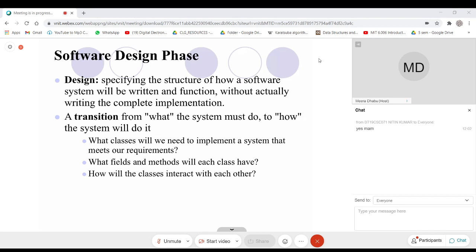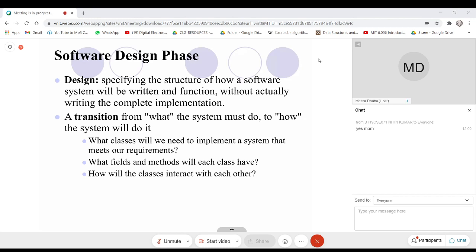What the system will do is already mentioned in the requirement phase. Now, how those requirements will be accommodated, or the particular model will be developed, will be designed during the design phase. The rough work will be done during the design phase.